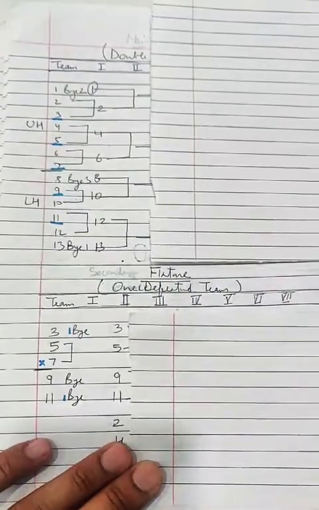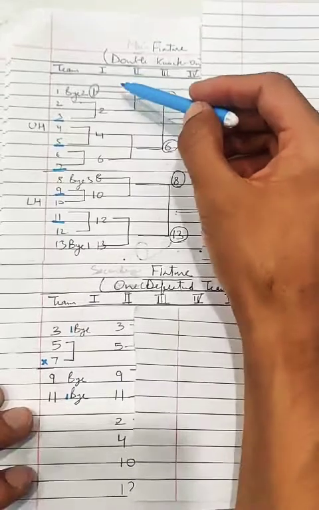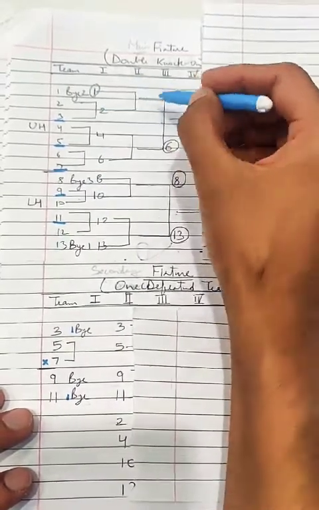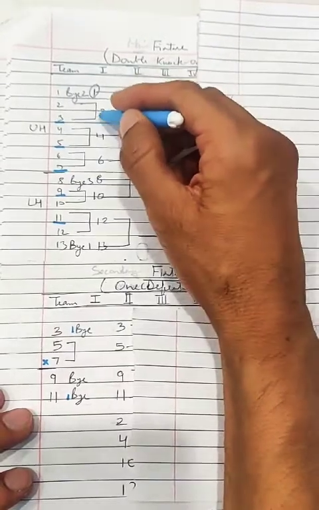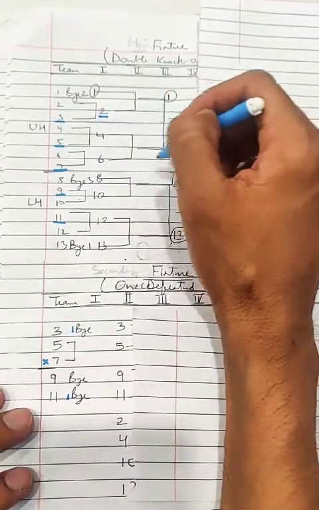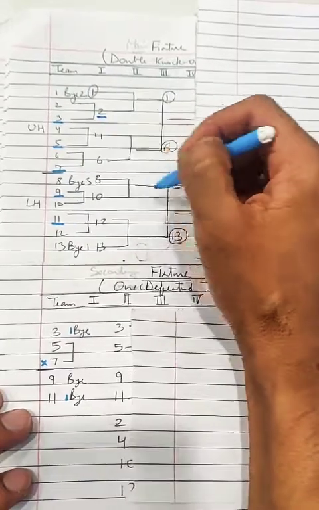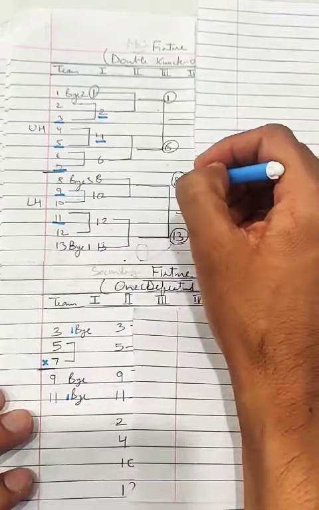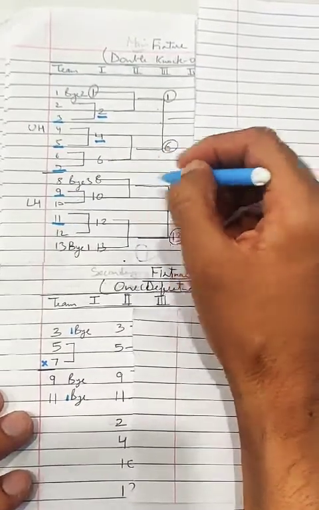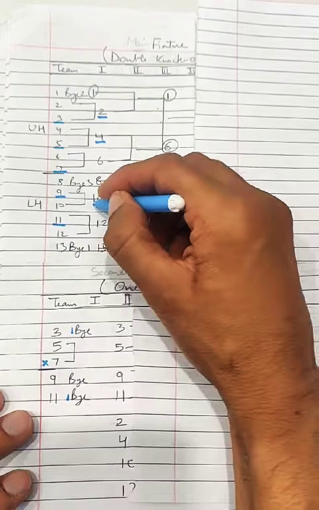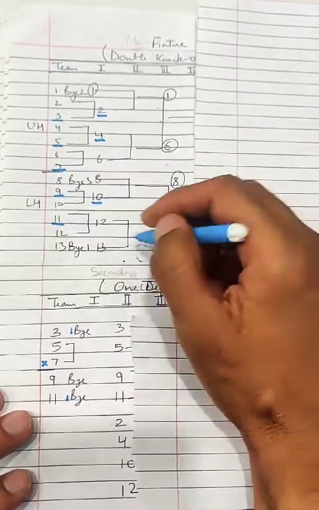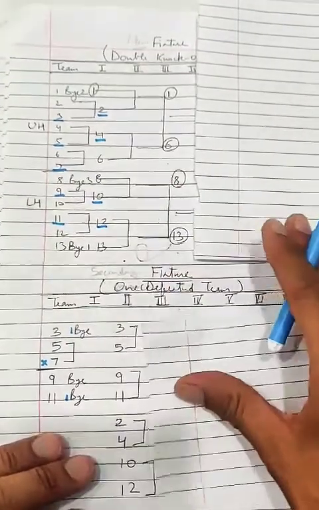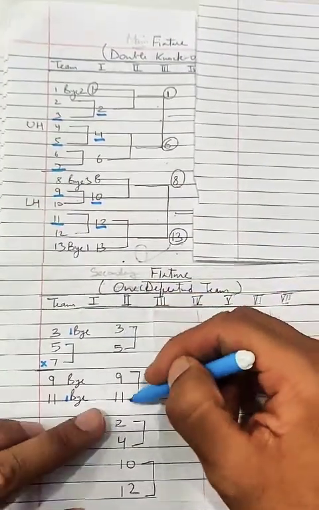Now in the second round there is a match between 1 and 2. Again we have to assume 2, I'll just put a line here. 2 will be the loser here. 4 and 5, 4 and 6, 4 will be the loser here, because 6 proceeded to the third round. 8 and 10, 8 loser है. Then 12 and 13, यहाँ पर 12 loser है. तो 4 losing teams, and 4 teams are already there in the second round.